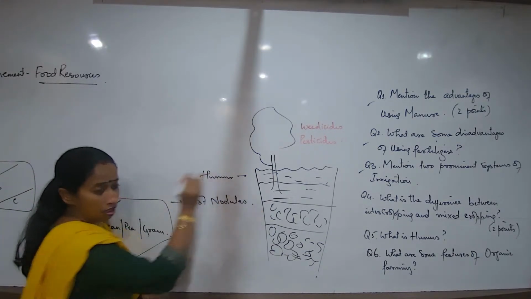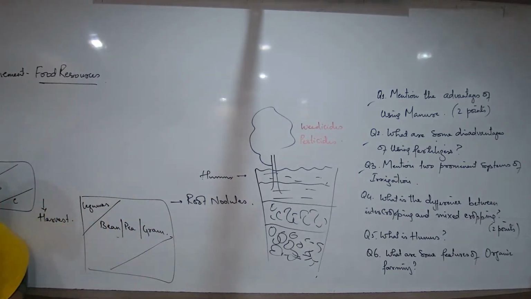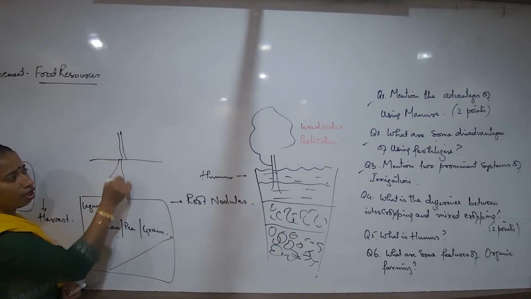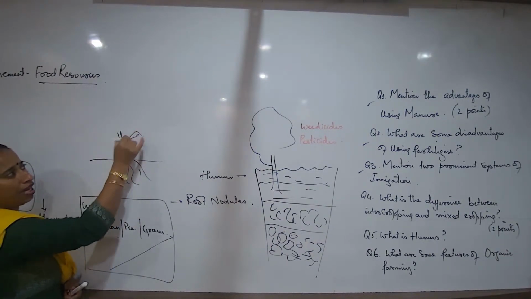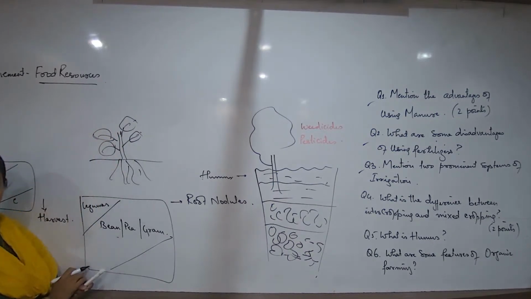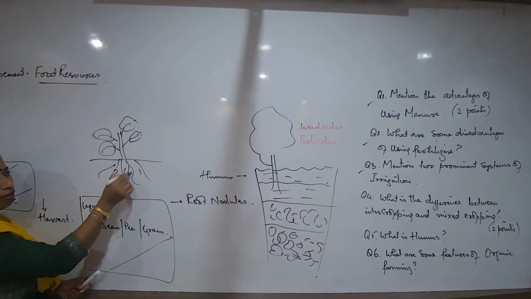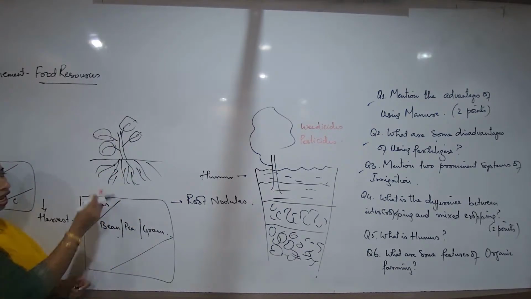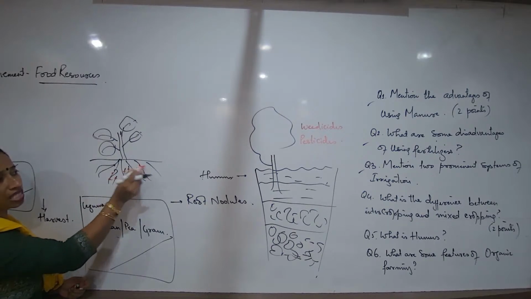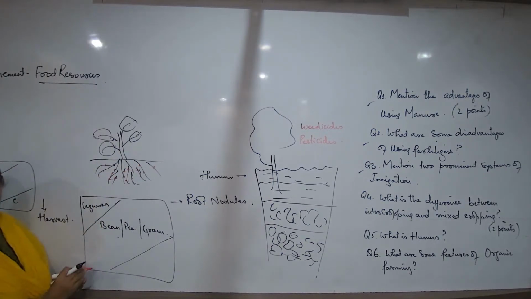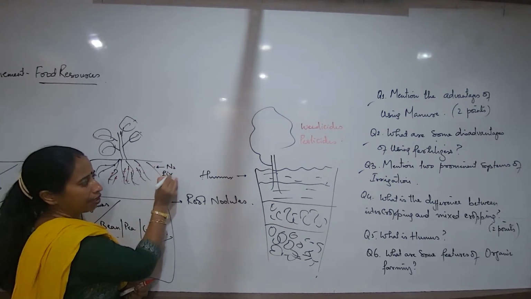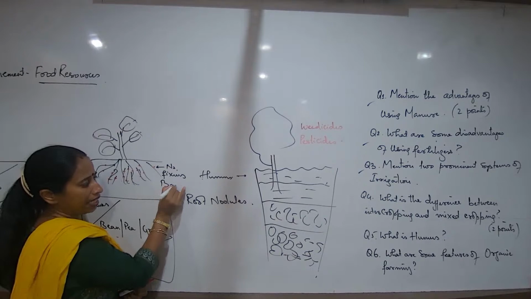And at the roots of root nodules, they have a bacteria called. So now I am talking about legumes, a particular type of plant. I talk about the pea plant or the gram or any of this type of plant. Now what is happening? They have a profuse root system, and in this root system there will be a whole lot of clusters of bacteria. So these bacteria are known as nitrogen fixing bacteria.